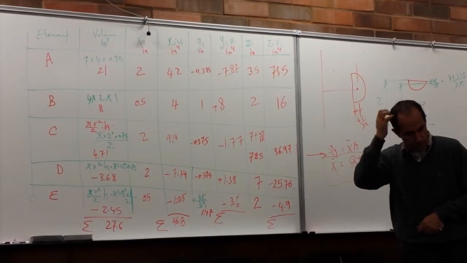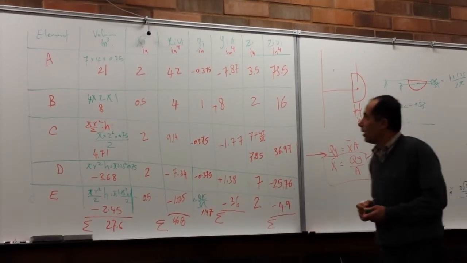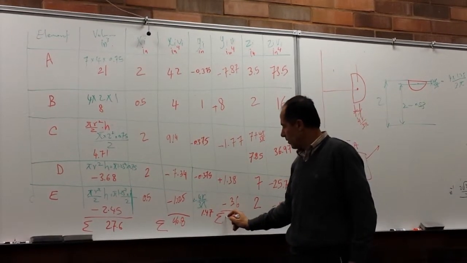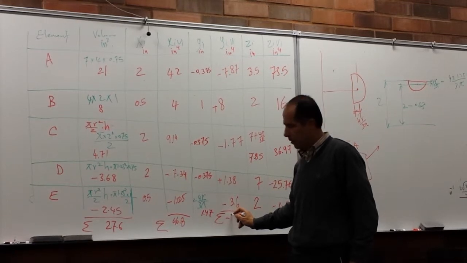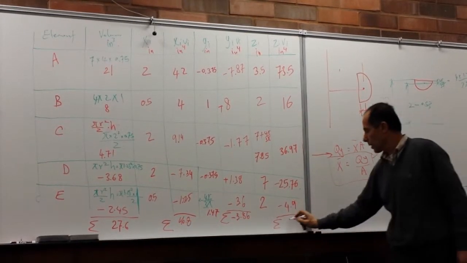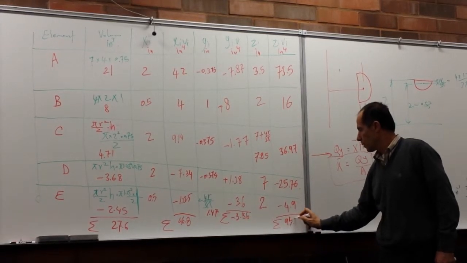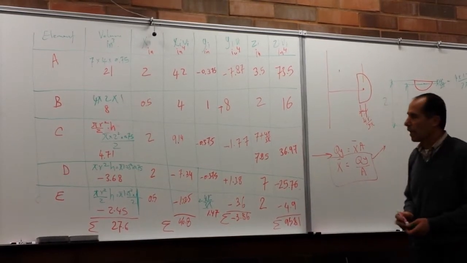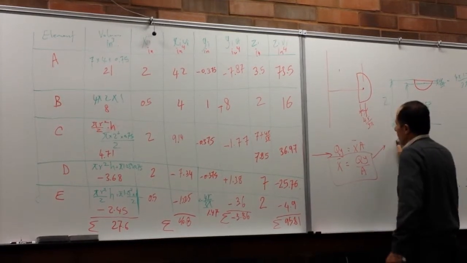I got negative 3.86 for the sum of the yi times bi, and I have 95.81. Okay. Now, let's look at